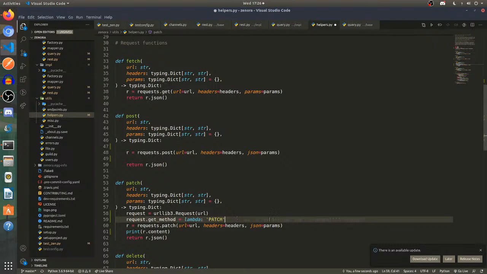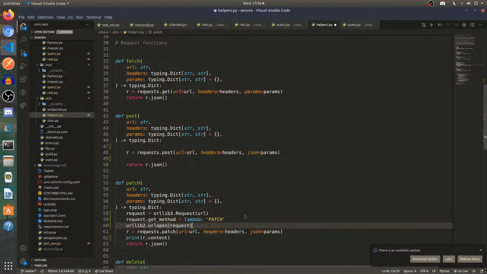URL open. You can do this. R is to headers equals to headers, and JSON equals to params.